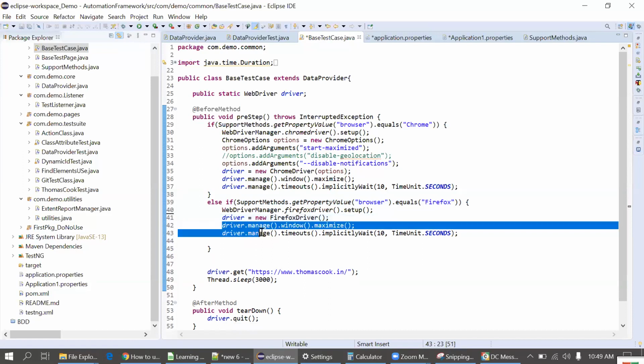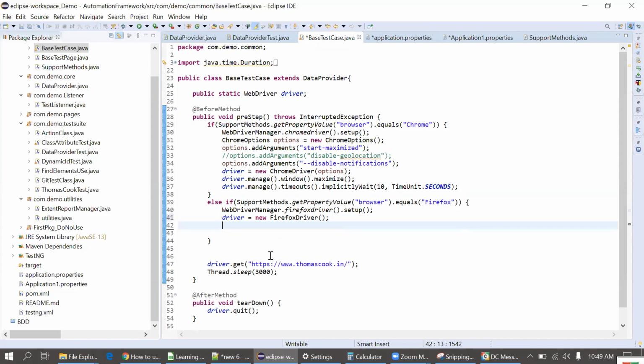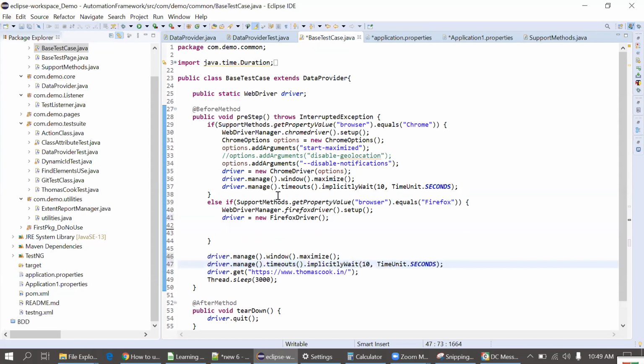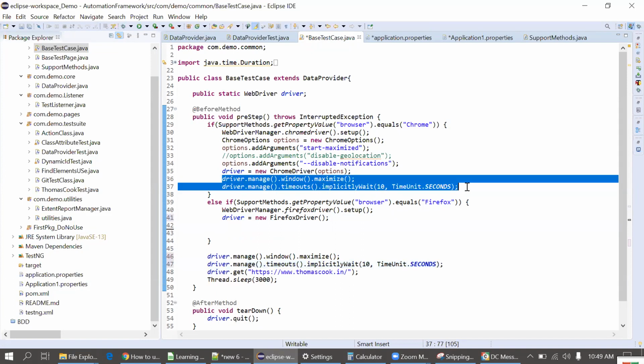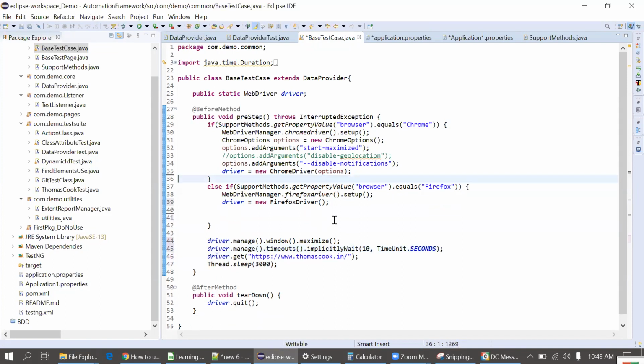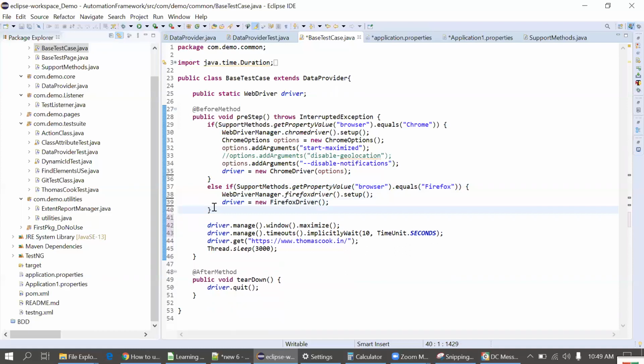Now again I can see this is common code in two methods. We'll keep it aside again. We'll cut this from both methods and paste it outside of the else condition. Now you can see we have written the code in the else condition only till invocation of the browser. Other code is the same. I'm deleting the extra line of code here.